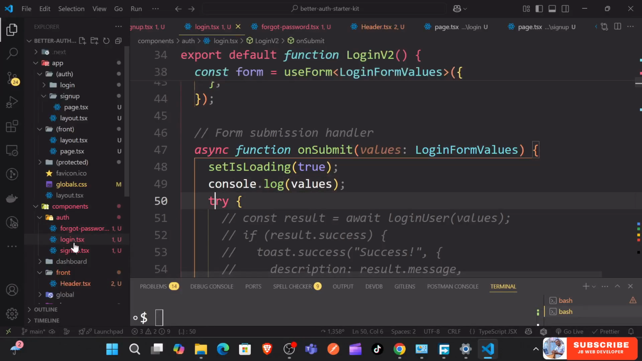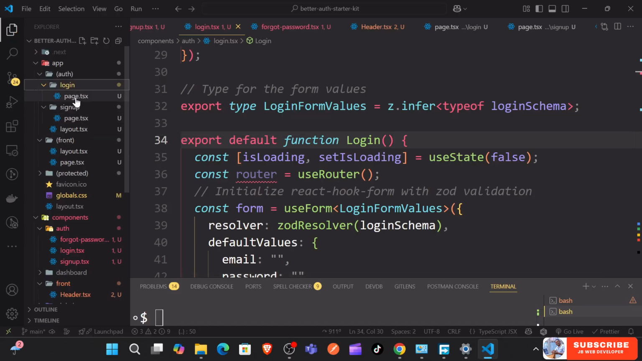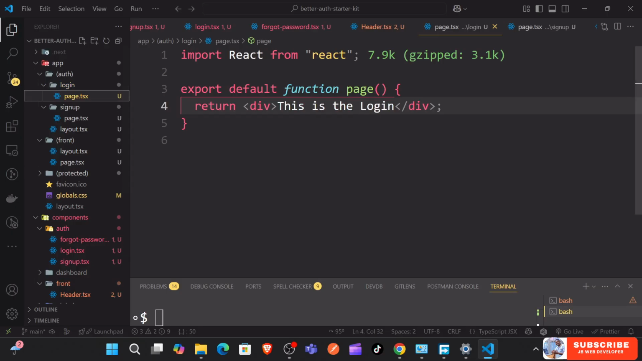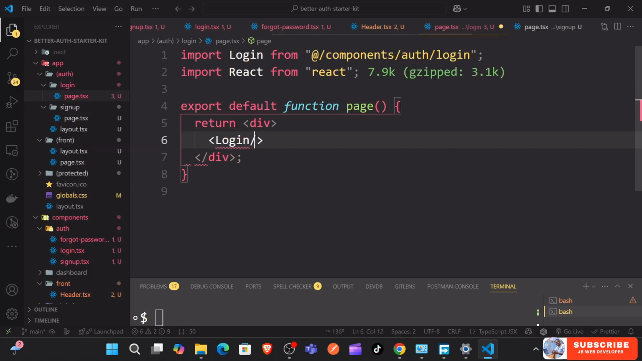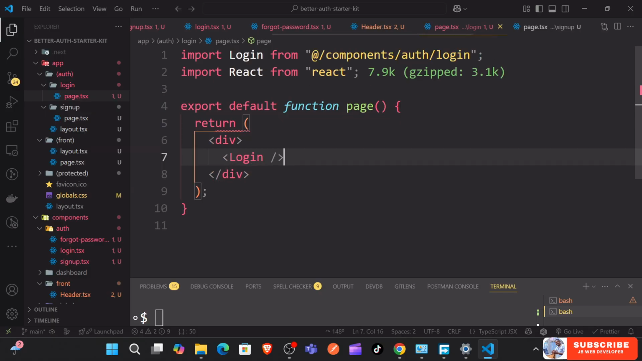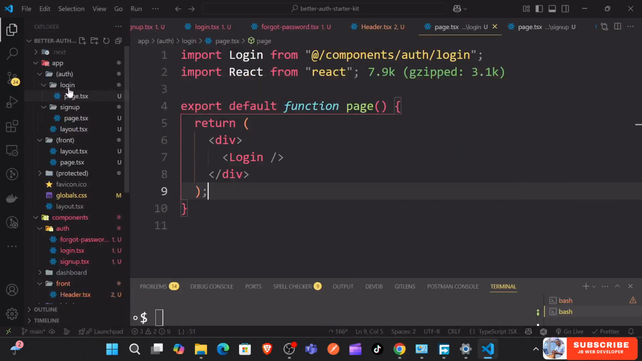Okay. And I'm also just going to change this one from login v2 to simply login. And I will just go to the login page. And then inside here, I'm just going to call this login. Okay, just login like so. Okay, so now let's go ahead and check these pages, how they look. I'm also going to